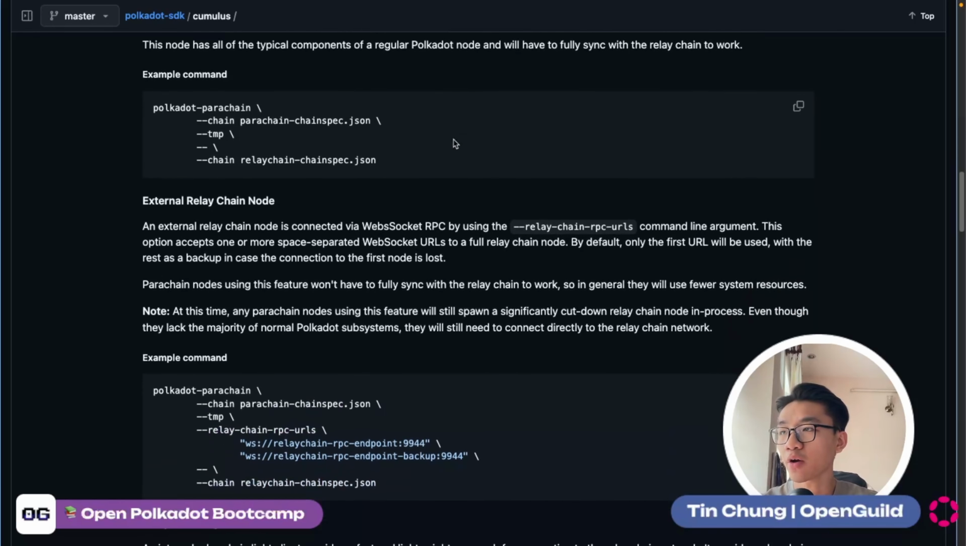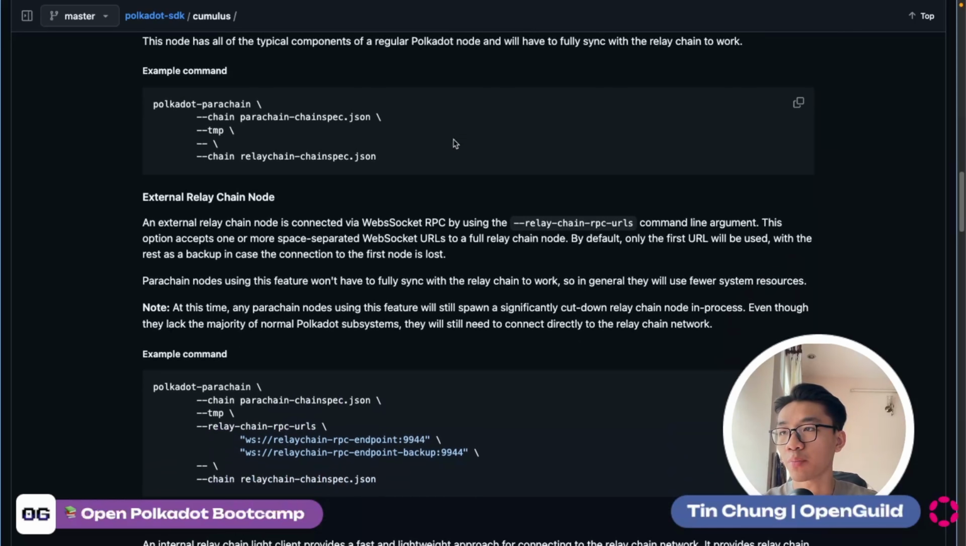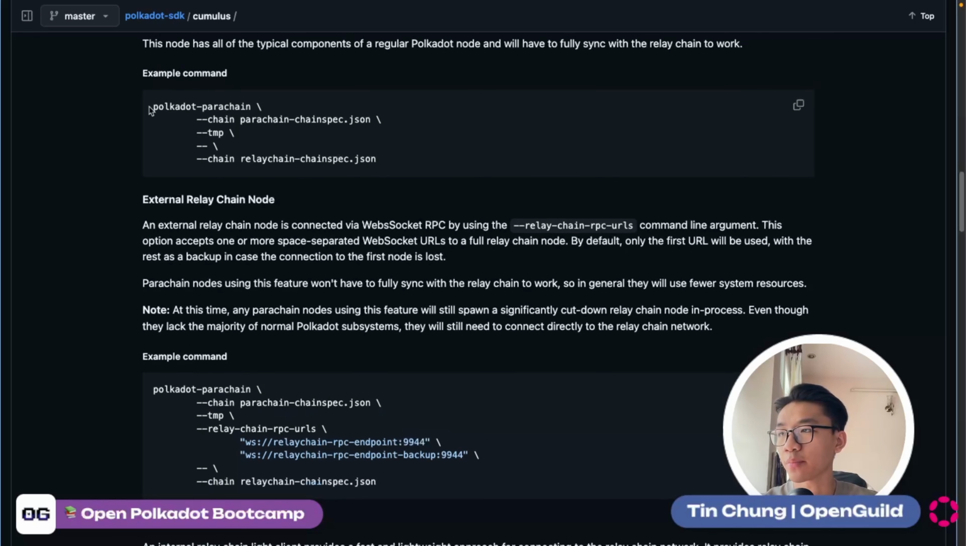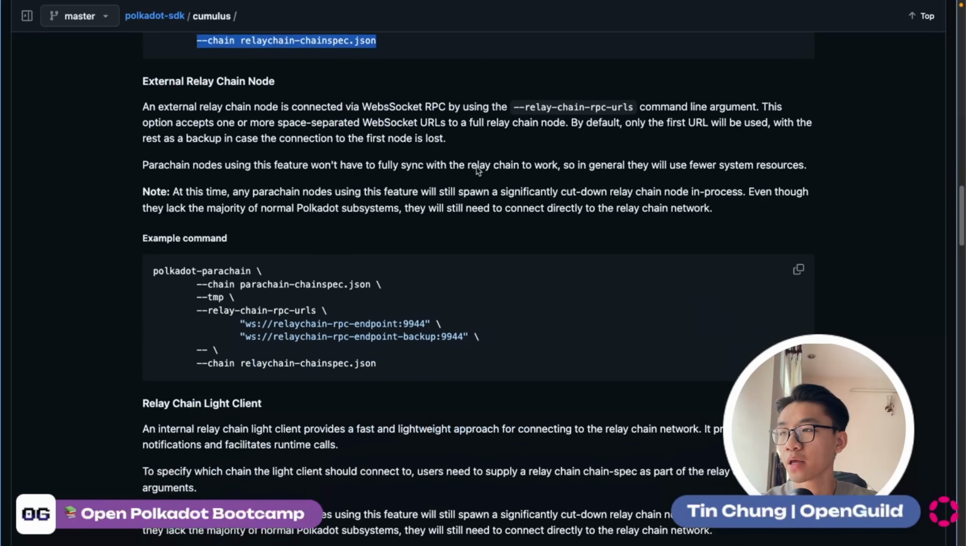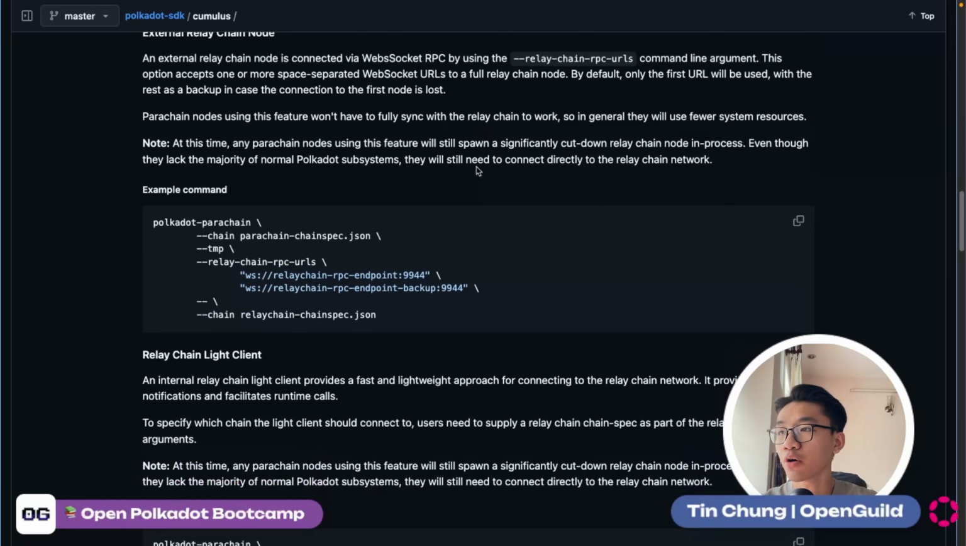So this node has all the typical components of a regular Polkadot node, and it will have a fully synced relay node to work. An example command: we have polkadot-parachain. We specify the chain spec of the parachain and also the relay chain spec. For the external relay node, an external relay node is connected via WebSocket RPC by using the relay chain RPC URLs. And a parachain node using this feature won't have to fully sync with the relay chain to work, but